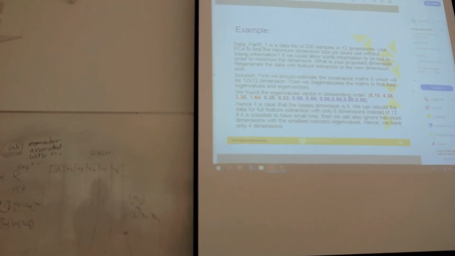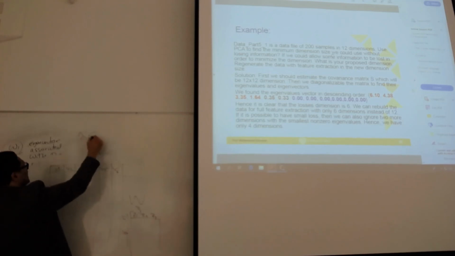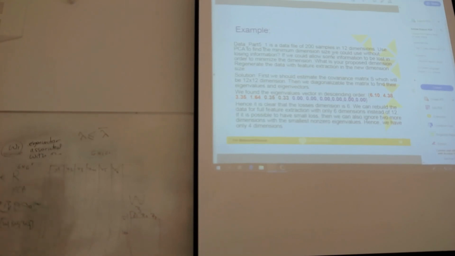How to select the threshold to say that, okay, I will remove all the eigenvalues less than this number? One method is to remove the eigenvalues which are less than or equal to, for example, the average eigenvalue. The average eigenvalue can be computed as the trace of the covariance matrix, because